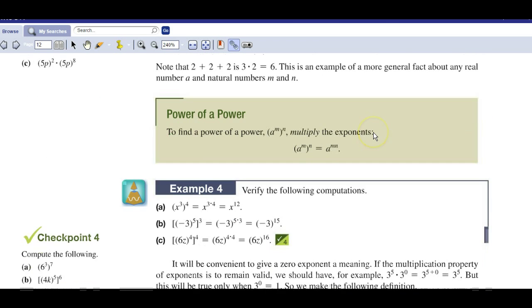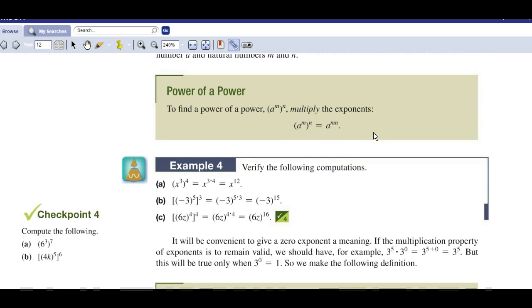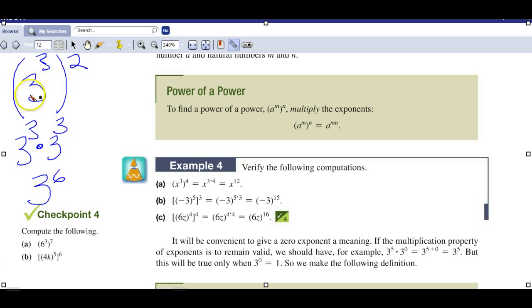Now, a modification of this is when we say power of a power. And let me show you an example of this. So if we have a base that's raised to a power, and then in parentheses, this power is raised to a power,